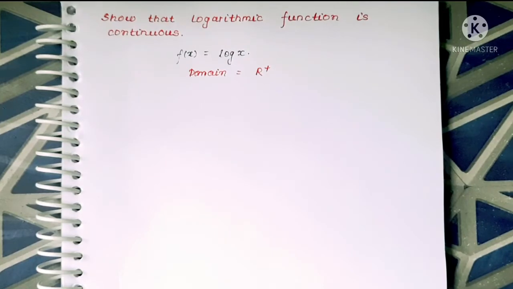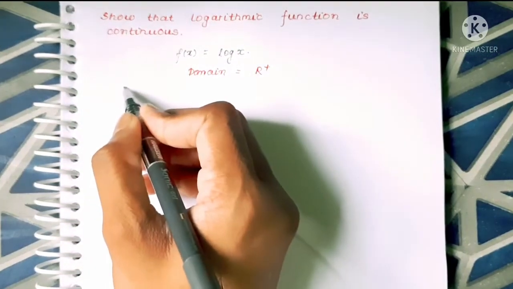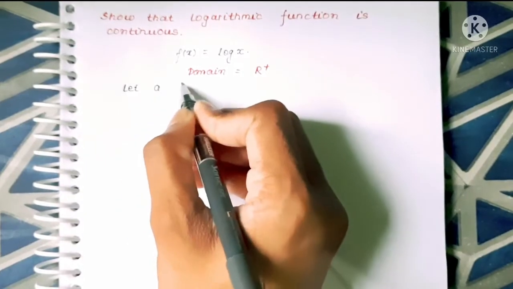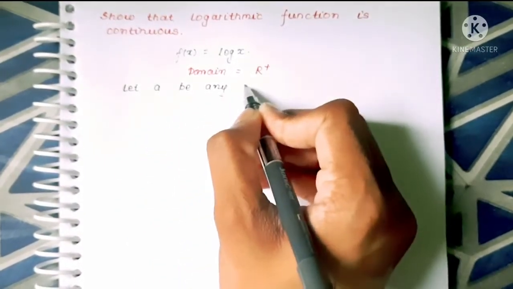From the positive real numbers we will take an arbitrary point, and let a be it. So we will write, let a be any arbitrary number